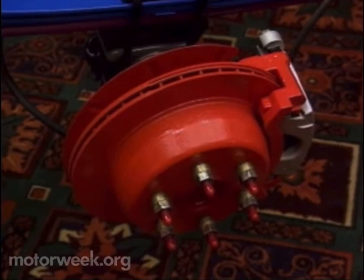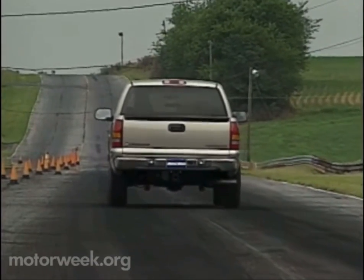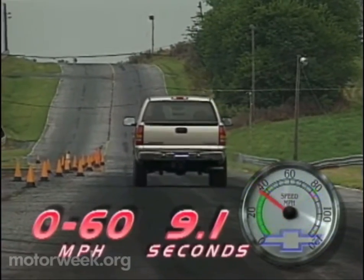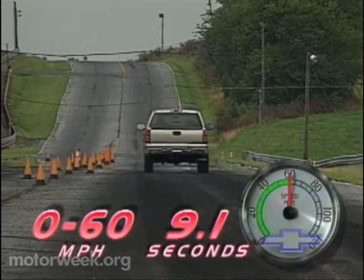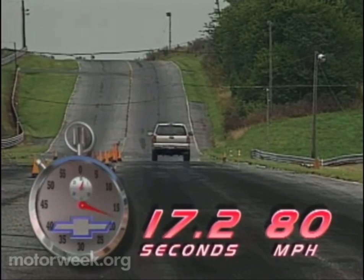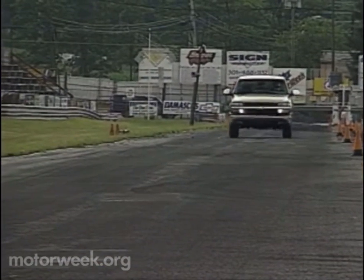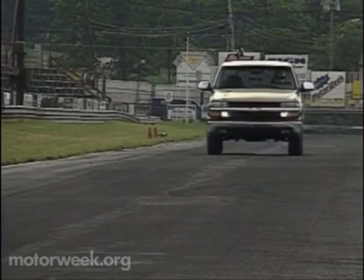And how does it all perform together? Well, our LT-grade Silverado 4x4 with the 5.3-liter V8 and automatic transmission easily ran from 0 to 60 in 9.1 seconds. The quarter mile took 17.2 seconds at 80 miles per hour. Bottom end was V8 strong, of course, but it was the smooth blast of mid-range power and crisp transmission that